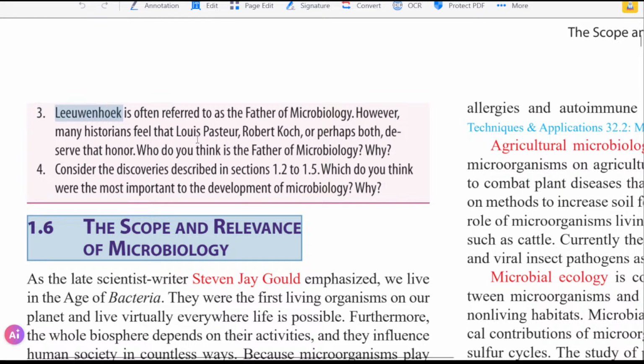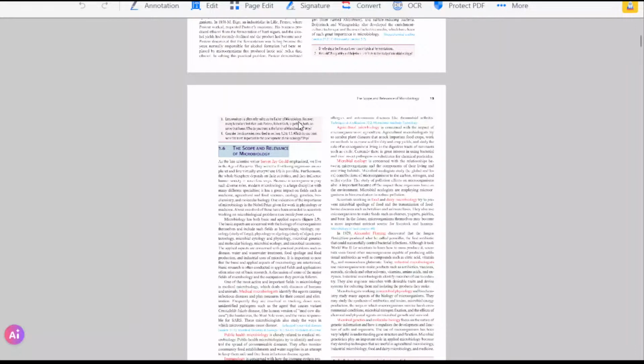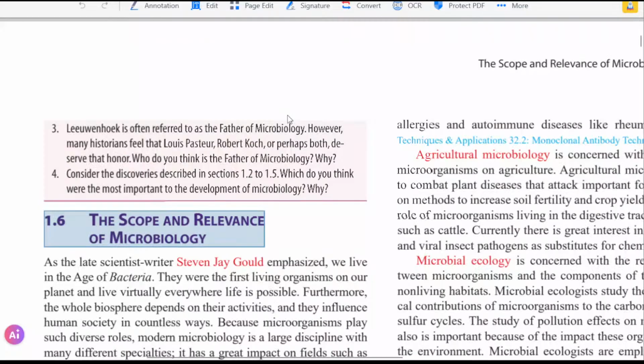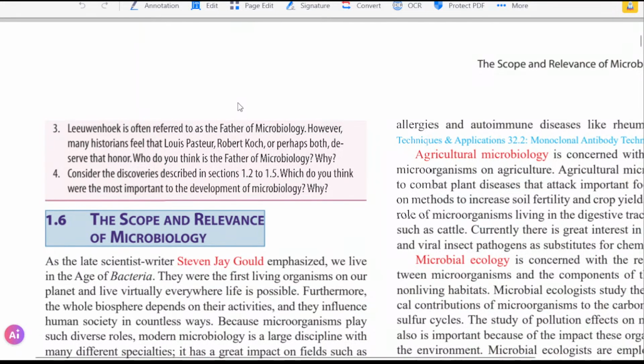Even though Louis Pasteur and Robert Koch did a lot more than Leeuwenhoek, not by a few scales but by hundreds and thousands of scales, it's that he's the founder of bacteria. If he hadn't found the microorganisms, maybe someone else might have, and then that person would be the father of microbiology. So the father of microbiology, or father of anything, is the one that produces the result of something. So it's Leeuwenhoek, be it by chance or by anything.